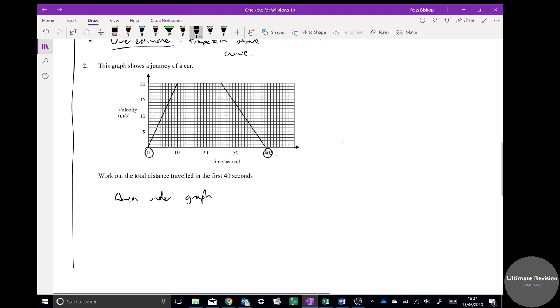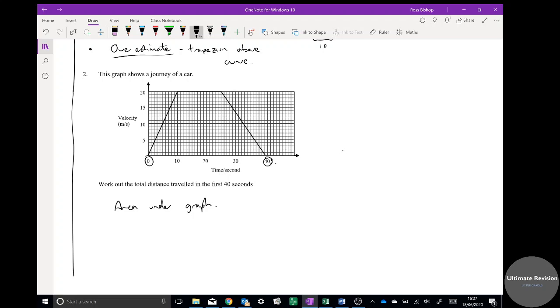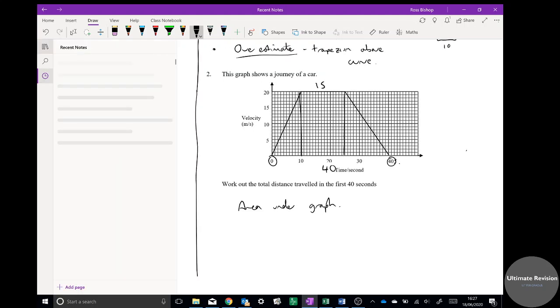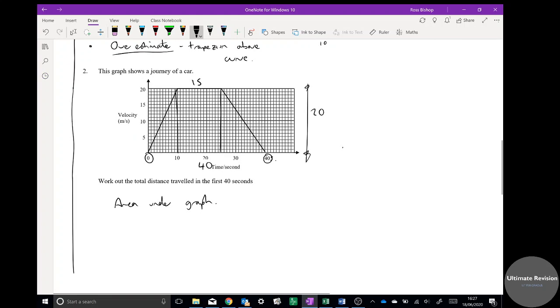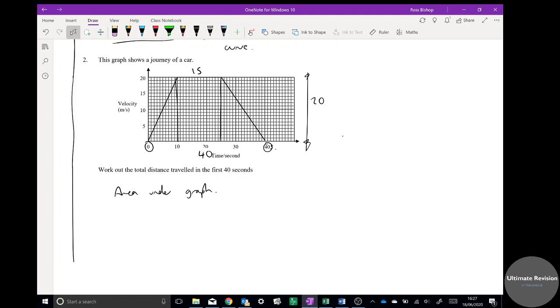And this is a trapezium in itself, isn't it? The trapezium is exactly, if I look up how wide it is, it goes from 10 to 25, it's 15 across there, 40 there, and it's 20 high. So I can just say that, so don't split it into a triangle and rectangle, just use a whole trapezium, so